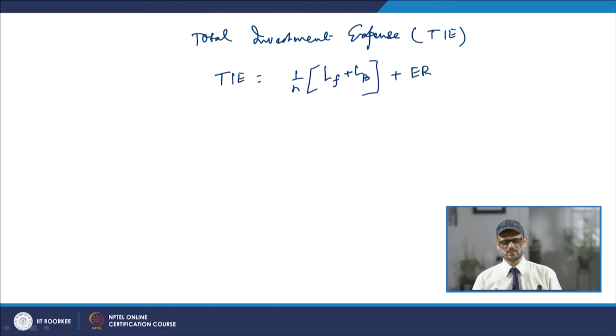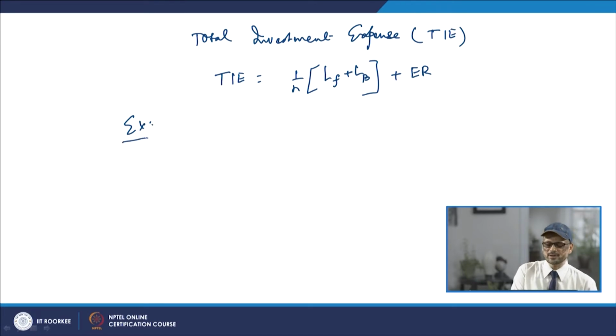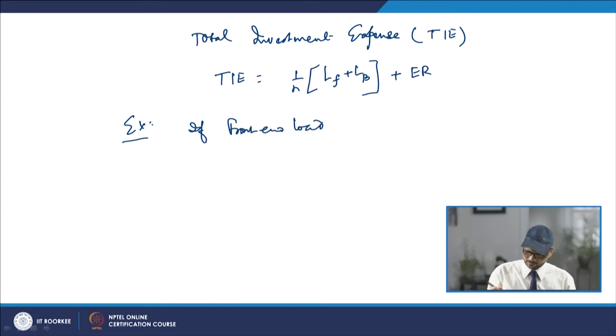So, this is how it is defined: load expenses will be adjusted for the holding period, that is n. So, that will be your total investment expense. For example, suppose it is said that the front end load, that is of a mutual fund,